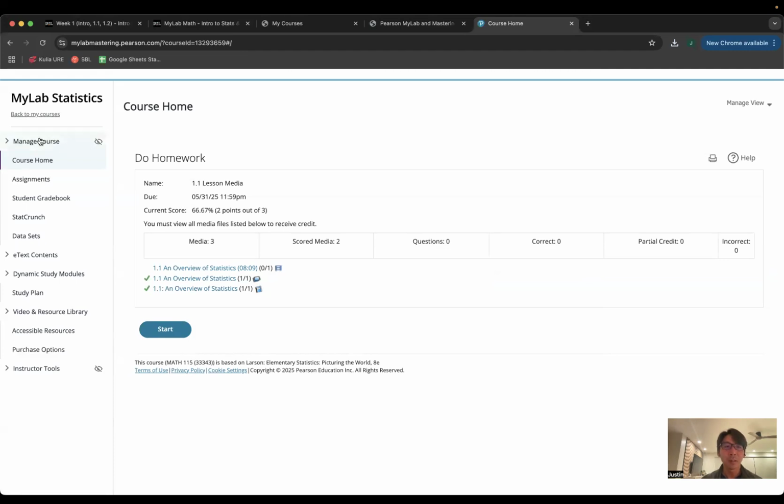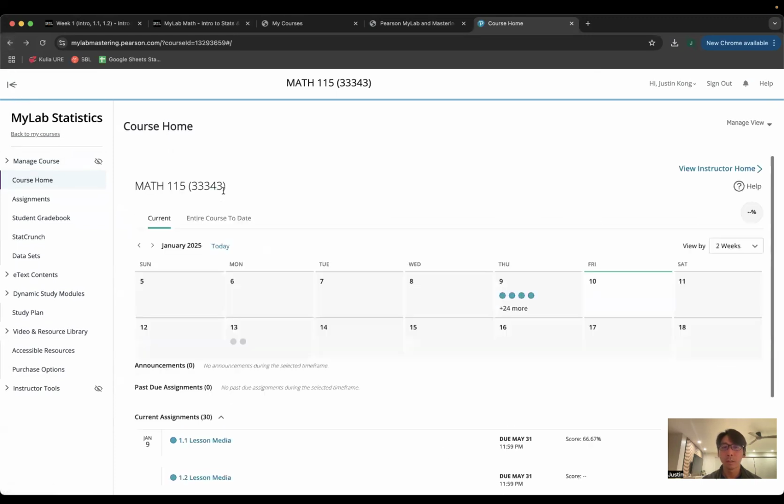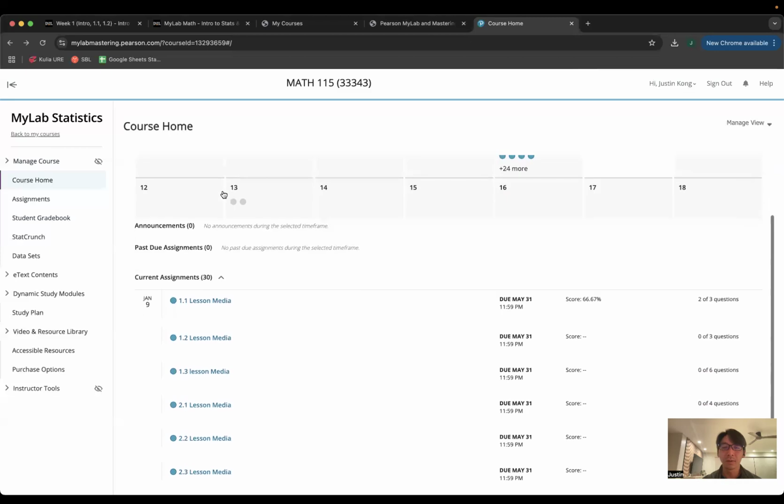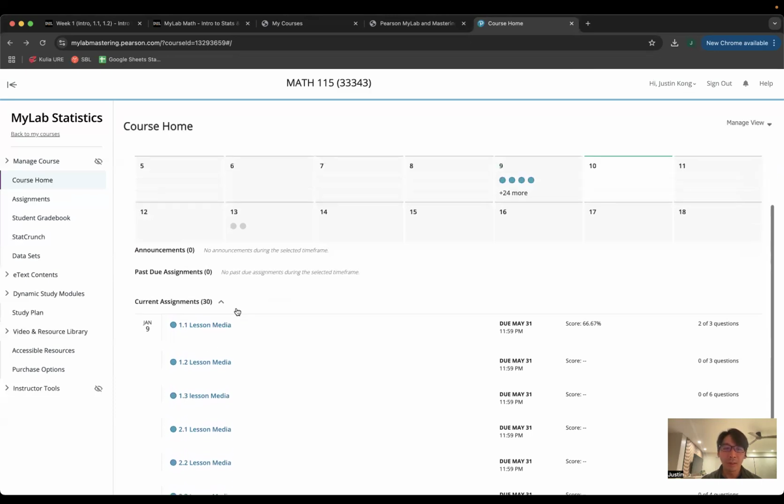Okay, now as for what homework is really graded, so let's see. I'm trying to navigate this so that it looks like your view because my view is going to be a little different. Okay, your homework is going to be located in the same spot over here next to the lesson media. As assignments are actually assigned, then they'll pop up over here. So like in the first week, you'll have homework 1.1 and 1.2. For me to actually see right now,